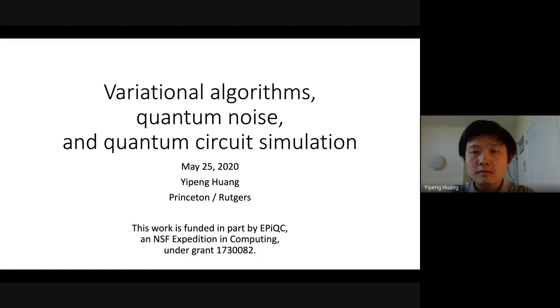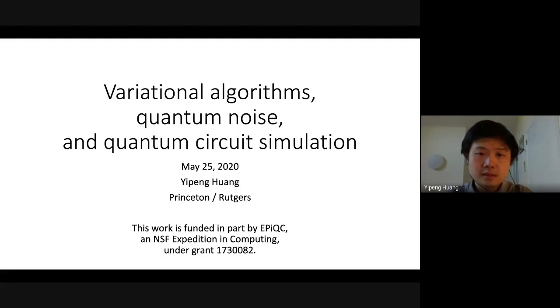So the goal of the lecture today is I'd like to cover some background on variational algorithms. So these are near-term algorithms. I'd like to talk about what are various models of quantum noise in quantum circuits. And then I'm going to talk about some of my recent research work in doing circuit simulation using novel